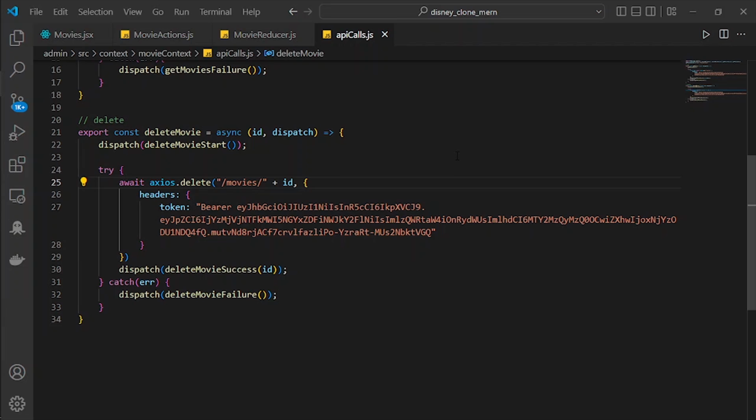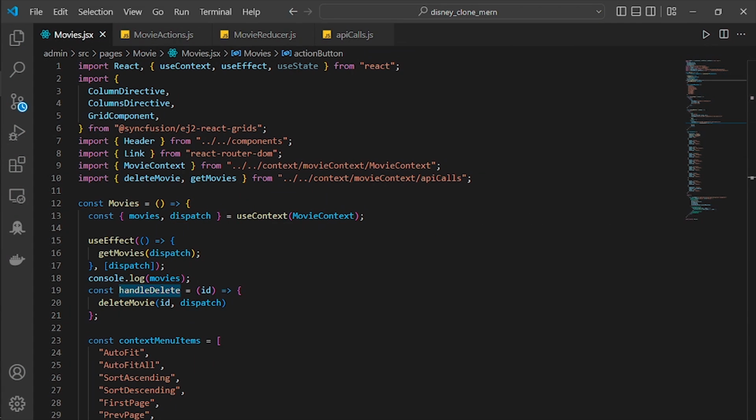It's going to be an async function, with ID, comma, dispatch, and then dispatch deleteMovieStart. After that, we'll have a try and catch block, await axios.delete, movie slash ID, and then we will have the headers with a token of mirror. After that, we are going to dispatch deleteMovieSuccess with the ID, and just like that. If we look up again inside of the movies here,